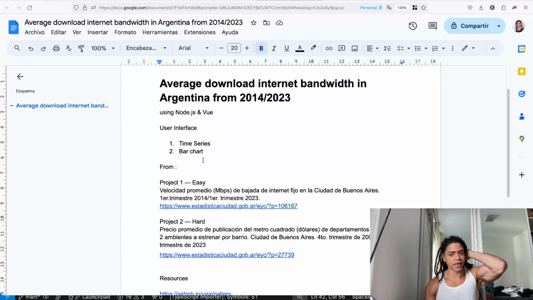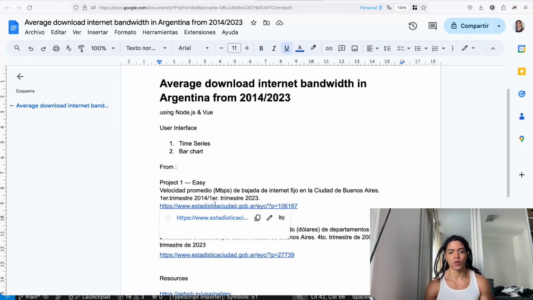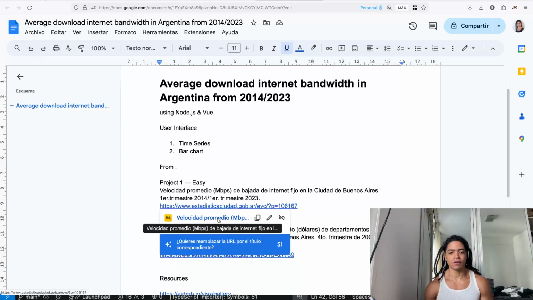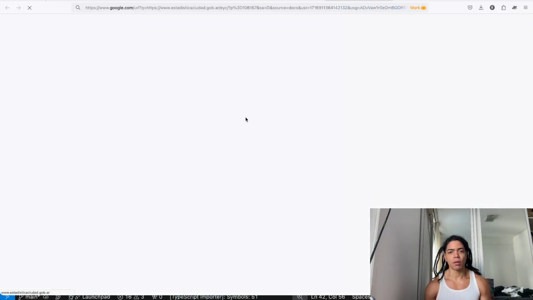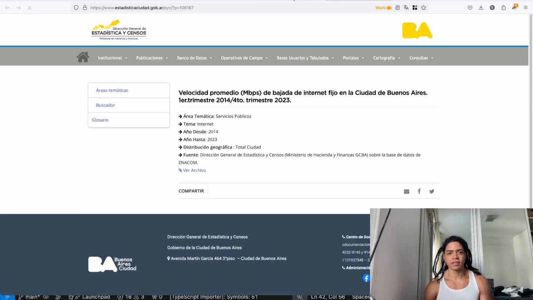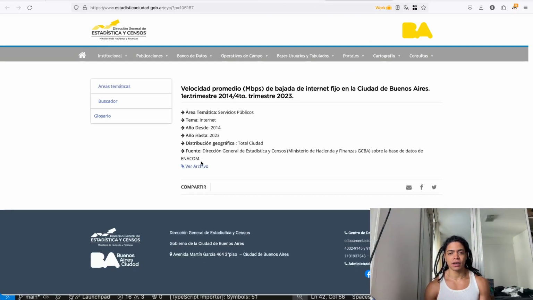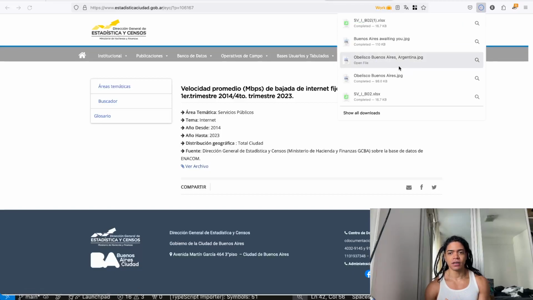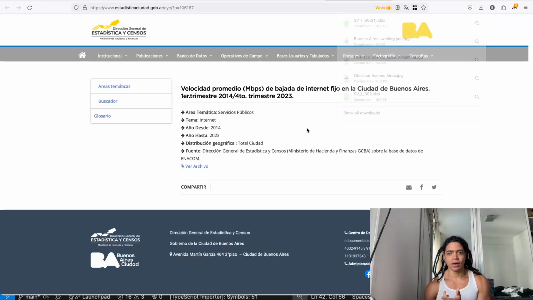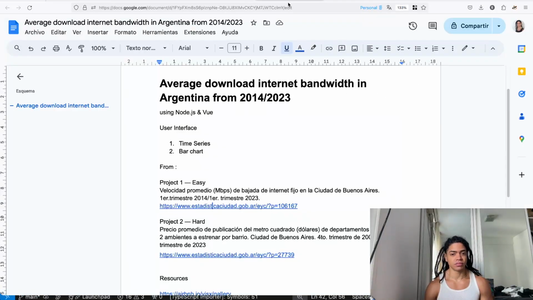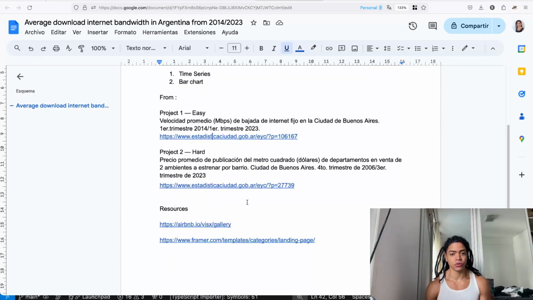So where is the data that I want to get from? These are public data that you can get. I already downloaded that, but this is data that is not formatted. So that was the first step.